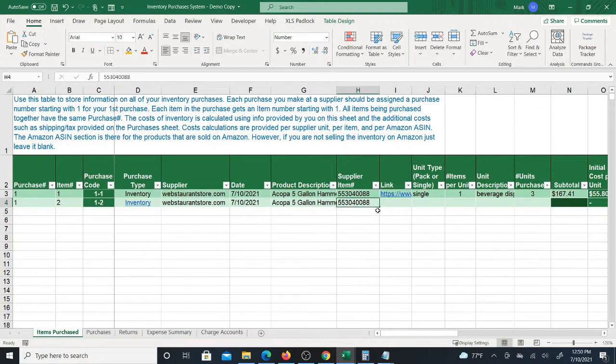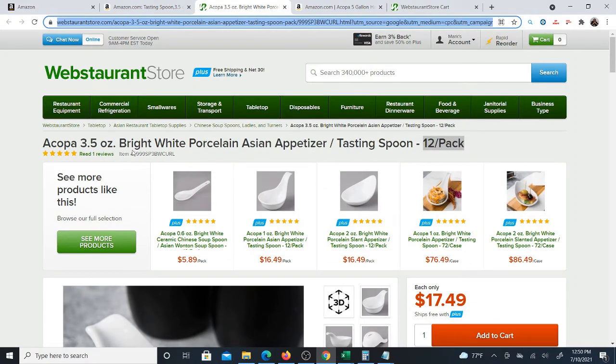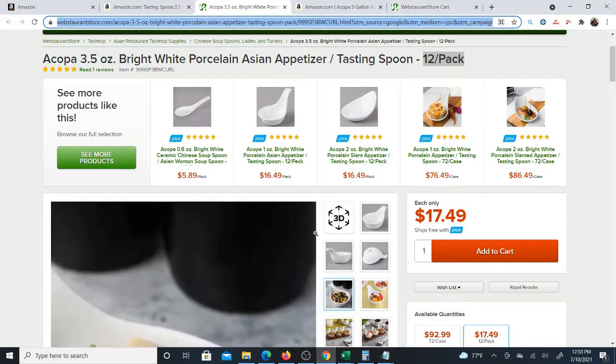Okay. Whoops, no, not this. Sorry. What am I doing? Okay. So these are actually different. Of course, it's a different product. Okay, so let me go back here, and now we're looking at a different product, which is this product, the Acopa. It's a tasting spoon. Okay, now this